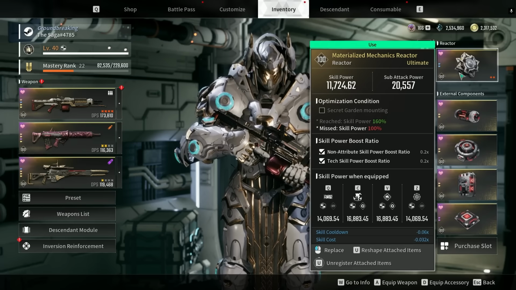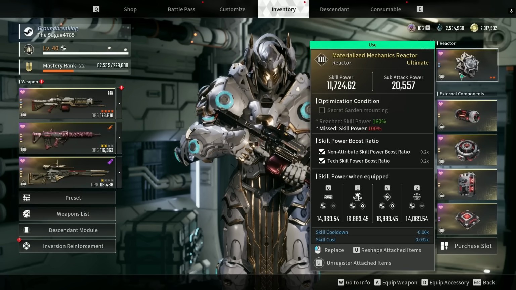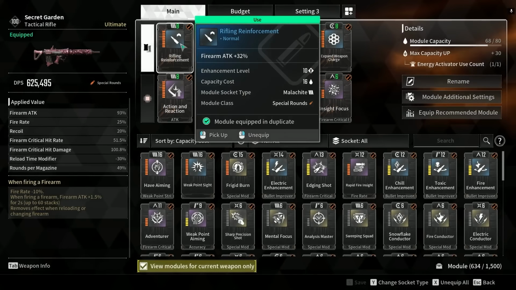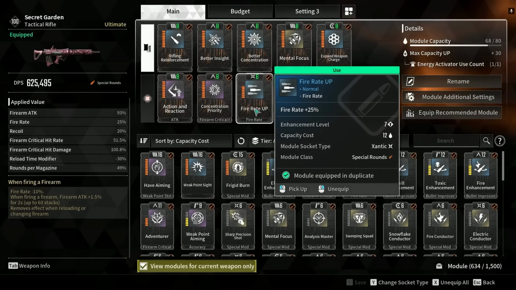I actually literally farmed for an hour last night and could not get one. But yeah, you want to get power boost ratio or something like that, and then ideally with the Secret Garden. The reason why, and I'm going to show the Secret Garden quickly: Rifling Reinforcement, Action and Reaction, Concentration Priority, Better Insight, Better Concentration, Fire Rate Up,